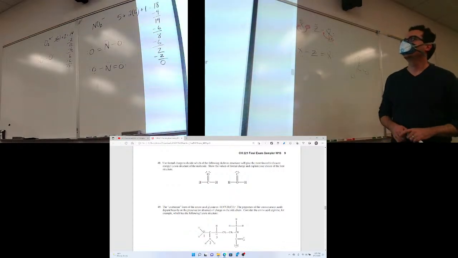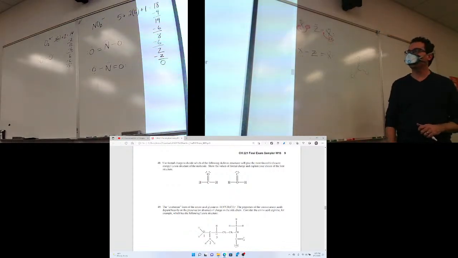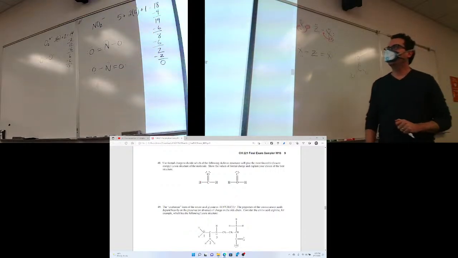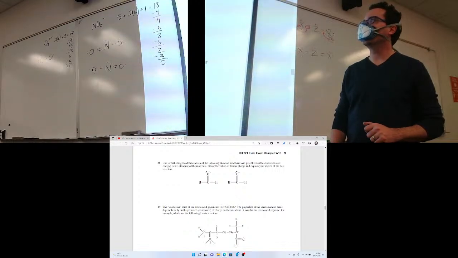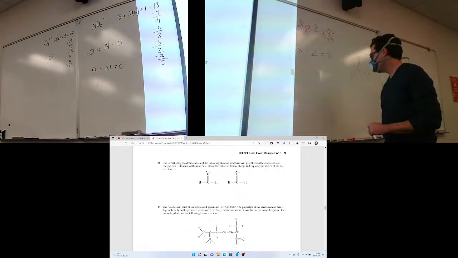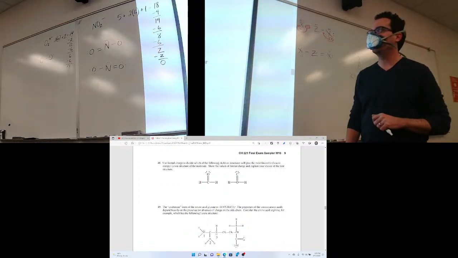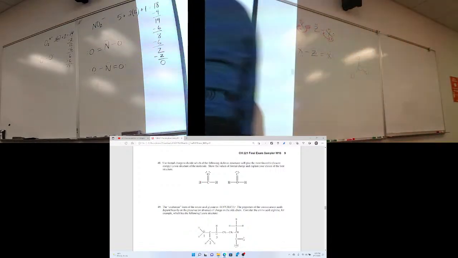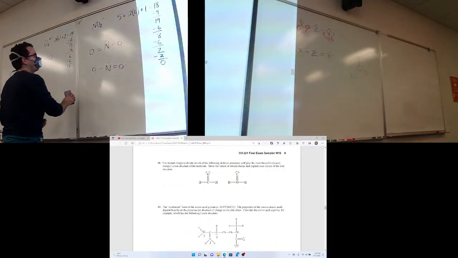These are two technically valid resonance or Lewis structures, excuse me. But only one of them is correct in terms of stability. To find out which is correct, you've got to do formal charges. The formal charges will clue you in as to which one is a better structure. So if I do the one on the right first,